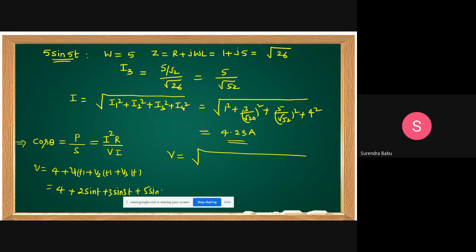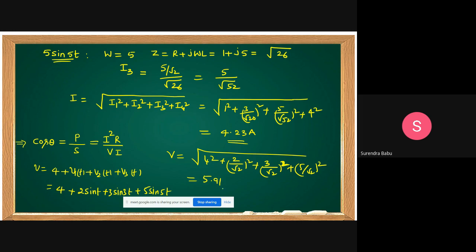For this type of current or voltage signals, how to find RMS? Here directly I calculated RMS value, again no need to take by root 2, but these are the maximum values. That is 4 square plus 2 by root 2 whole square plus 3 by root 2 whole square plus 5 by root 2 whole square. I already explained this procedure. How much resultant voltage can we get, friends? Yes, come on. 5.91 volts we can get.